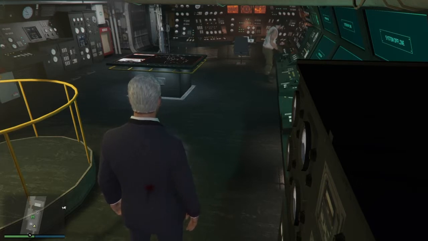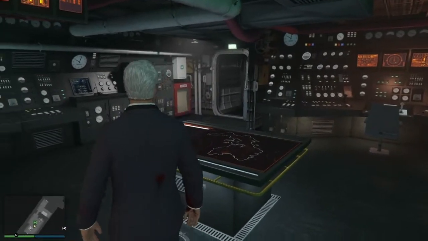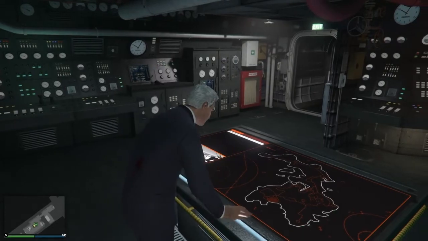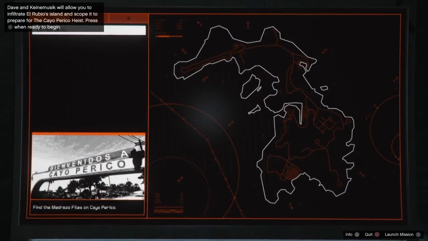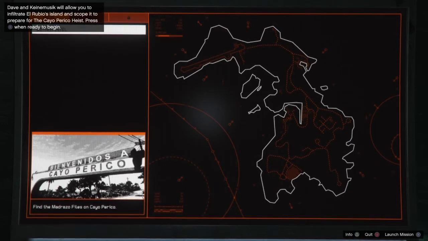The submarine costs $2.2 million, and once you've bought it, just speed through the mandatory preparations for the Cayo Perico heist and start up the heist. If you've never done the heist before, then you can watch some tutorials on YouTube on how to do so. When you do the heist and don't fill up your bank fully, you can still earn quite a lot of money. And if you've never done the heist before, you can earn yourself like an extra 150k after completing the